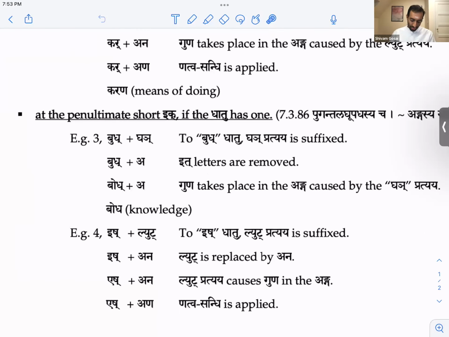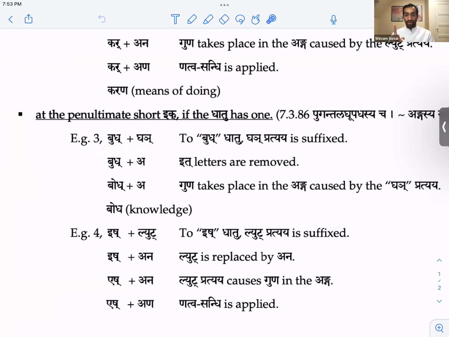Okay, if the dhatu has no last ik, but there's a penultimate short ik. In the first section, we just said penultimate short akara. Here we're saying penultimate short ik, if the dhatu has one. Okay. Bud plus Ghañ.